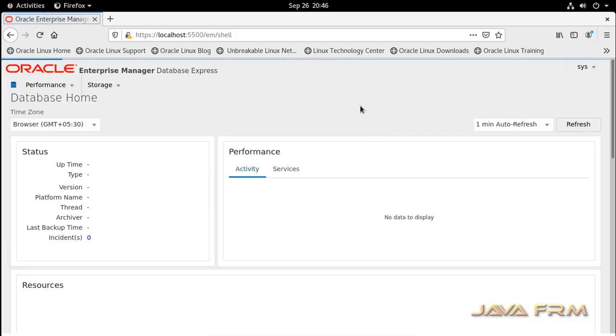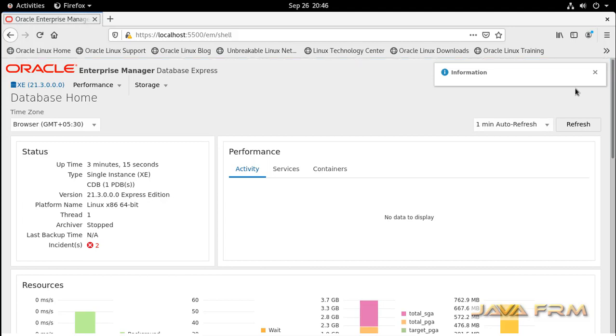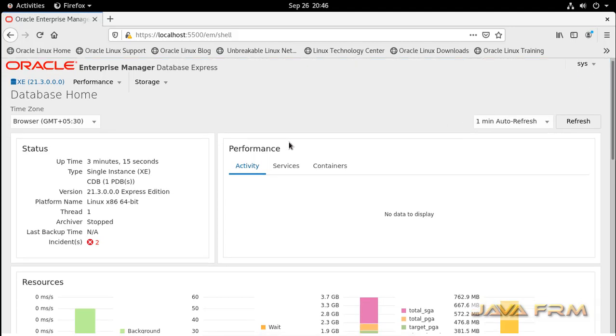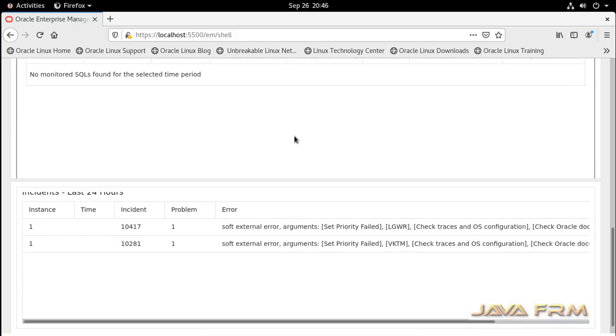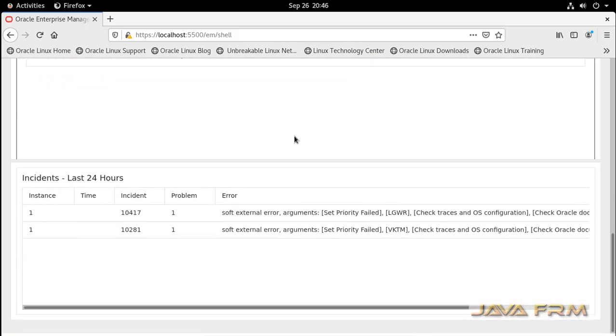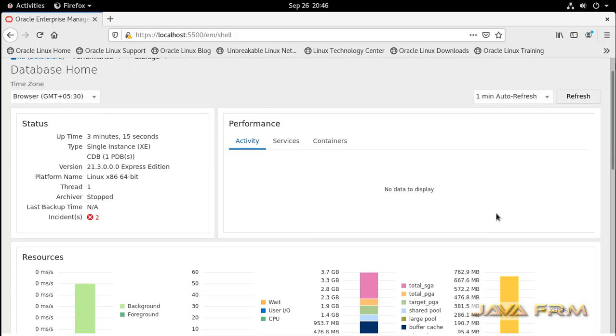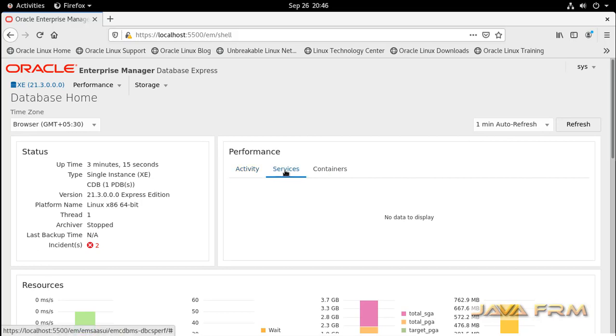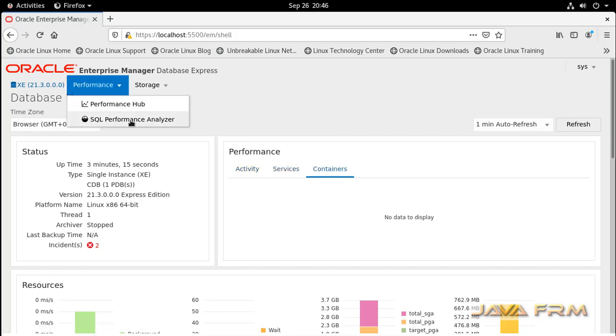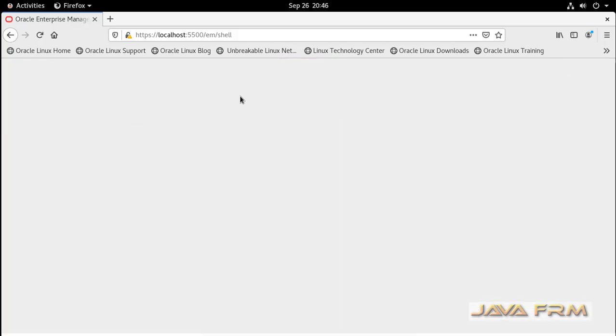Yes, so I can connect to Oracle Enterprise Manager Database Express. All the monitoring data will be displayed here. You can't do very special tasks through this portal. It will be useful for beginners, and it is used for monitoring the Oracle database, and performance details are also displayed here.